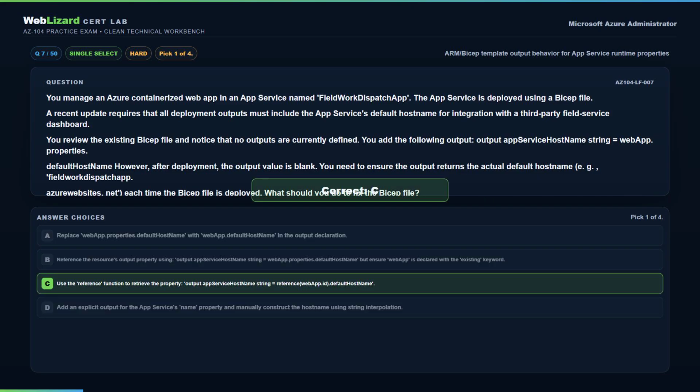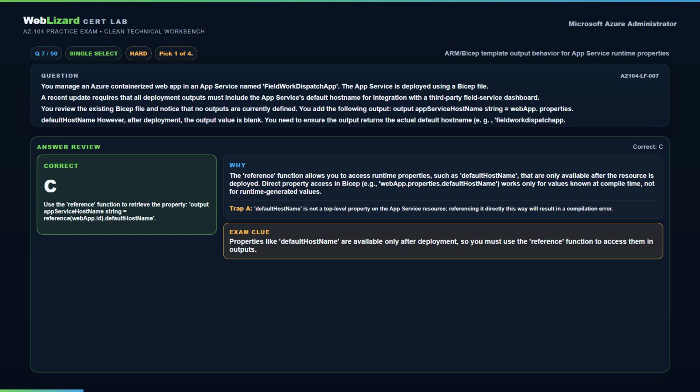The correct answer is C. Use the reference function to retrieve the property output, app service default hostname reference webapp.id. The reference function allows you to access runtime properties, such as default HTTPS, that are only available after